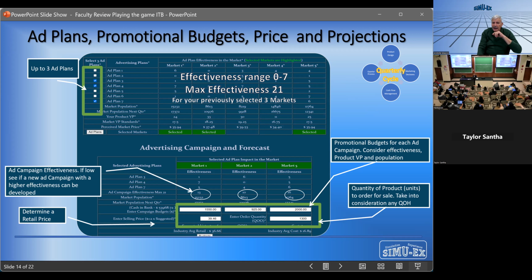Then you decide, based on the competitors that are in the market, based on the effectiveness of your ad campaign, based on the population size, what selling price, and how many units do you need to order to fulfill your sales projections. And so this represents your marketing, the elements, the pricing strategy and the projection strategy associated with your marketing campaigns.